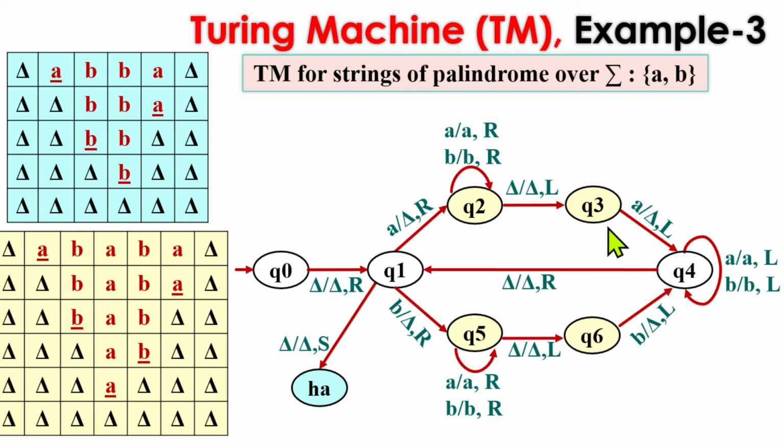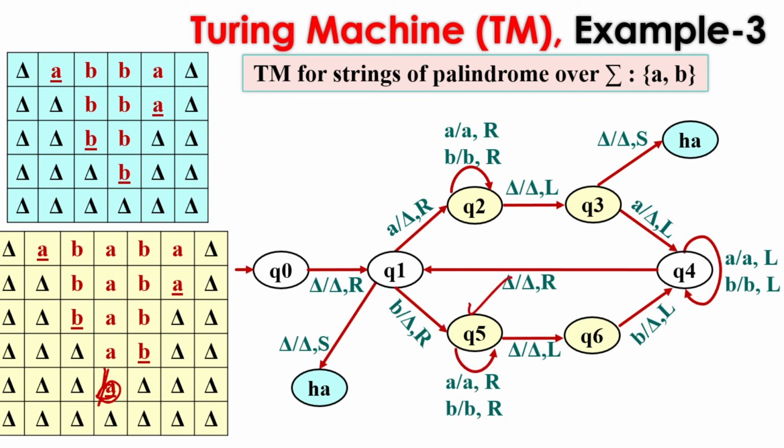Okay, so this was the case when we have the centermost symbol as a. So we can show the acceptance or can have the transition of acceptance from the q3 state. But what if it would be a b? If we have the centermost symbol as b, then we will be replacing this b with a blank here,